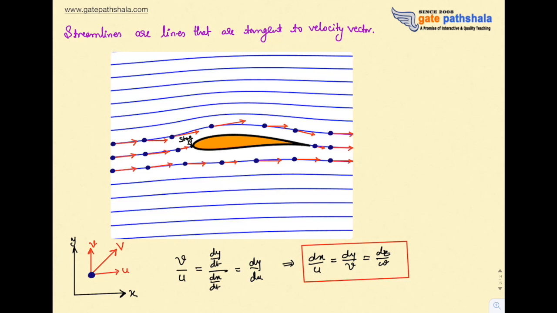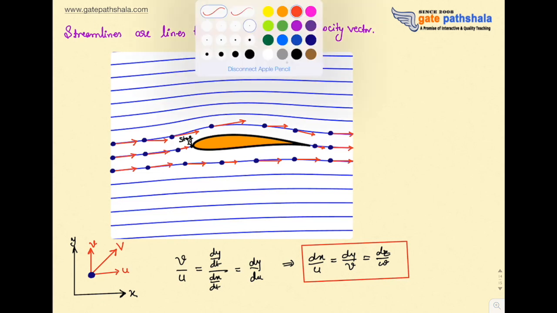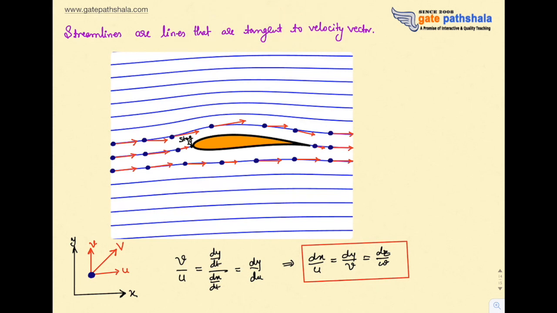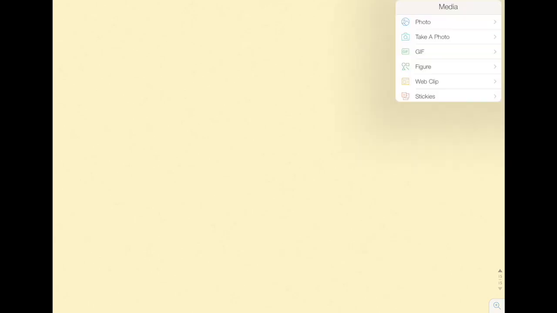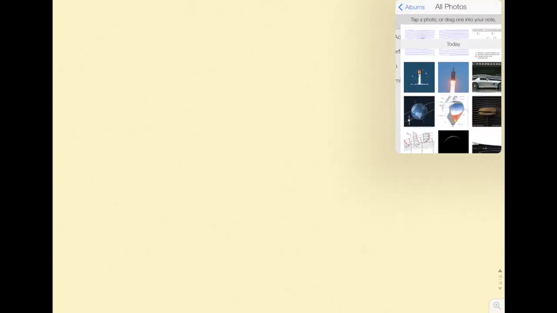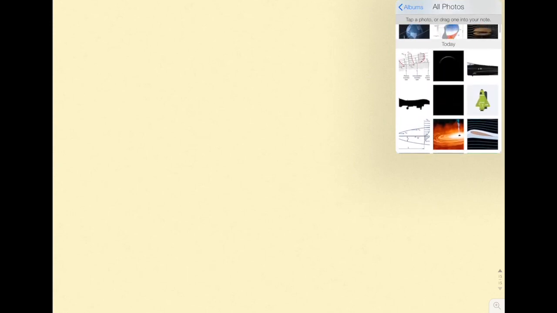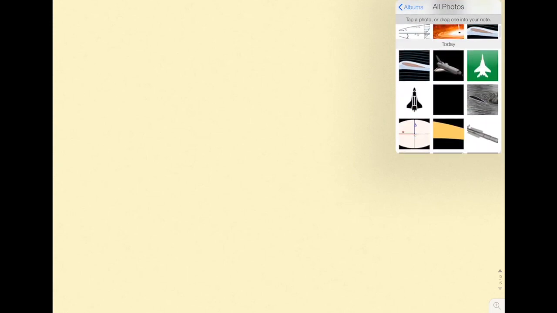Okay, let's look at how the streamlines would look like through some of the examples of fluid flow over certain bodies. Okay,